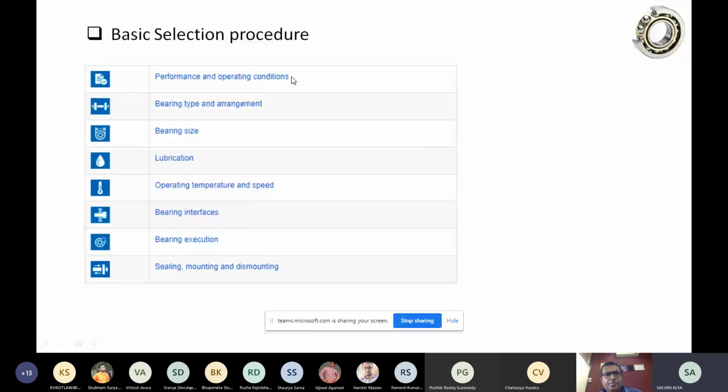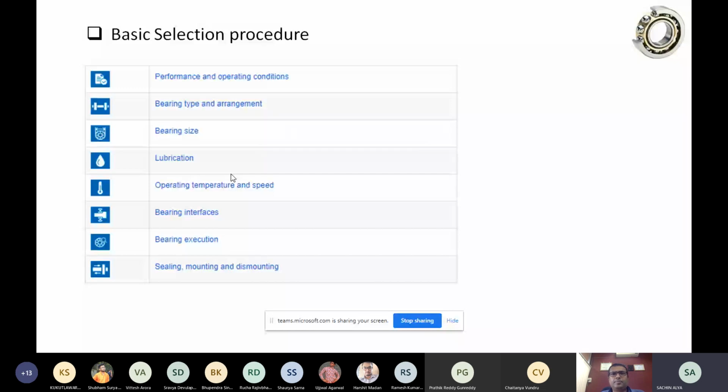First we will have to examine our system, like performance and operating condition of the system. What are the inputs for the bearing selection which we get from our system? Then we'll go for the bearing type, what type of bearing we should use, what is the arrangement of our application. Then we'll move to bearing size, which size will be adequate for our system.